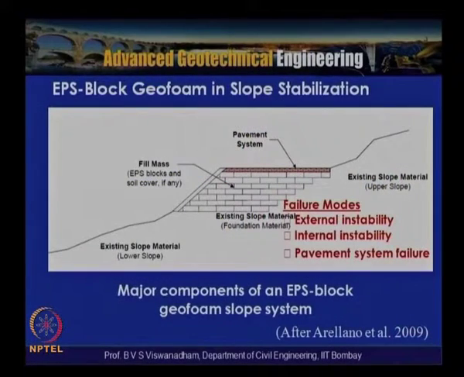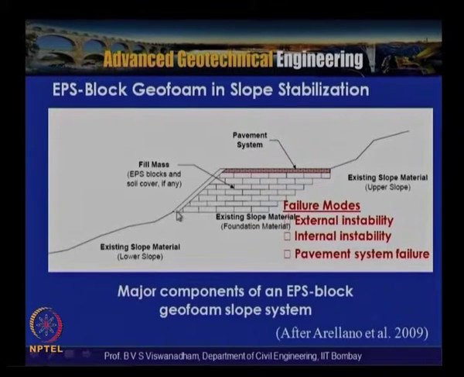So in view of that, it has to be protected against biodegradability up to some extent. In the recent past, there is a technology called the use of geofoam in slope stabilization. Particularly EPS, which is expanded polystyrene, comes in blocks of different sizes, and they can be placed one above the other, as shown here, and the fill mass volume can be achieved, and then the pavement system and other aspects can be provided. Here there should be a cover which prevents the intrusion of any other matter into this zone.